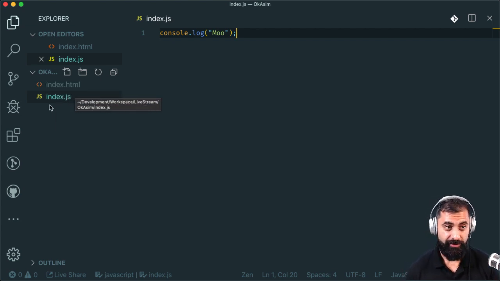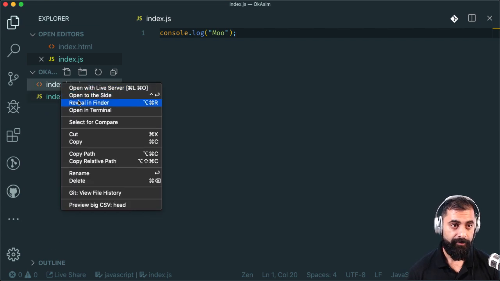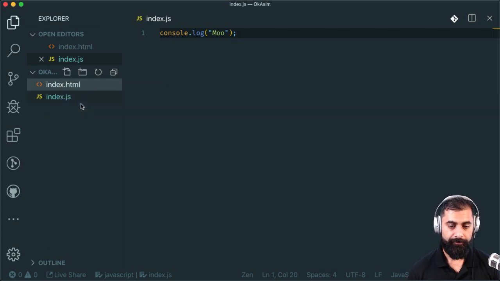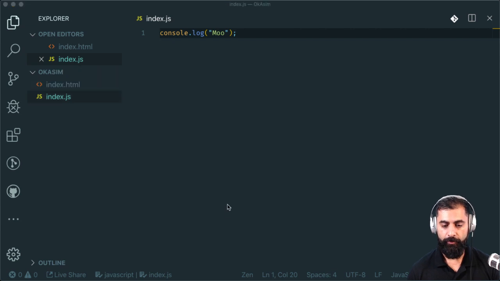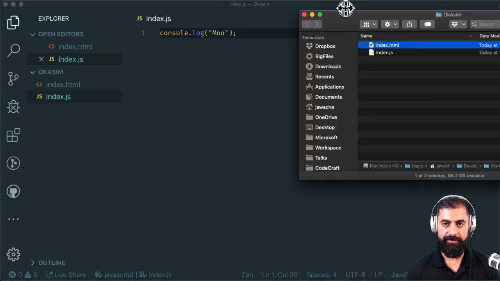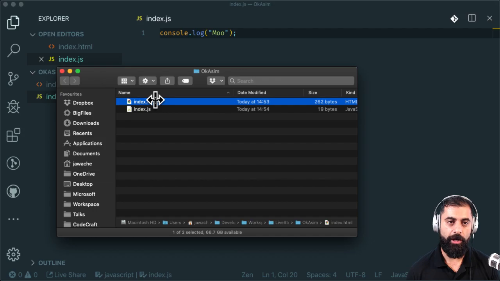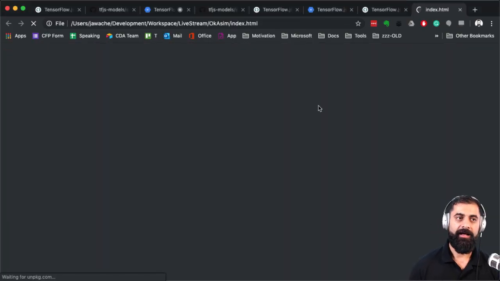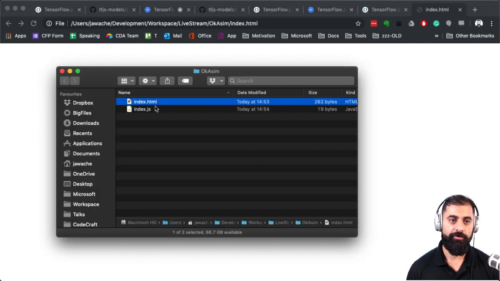just open this up in whatever, I forgot what you call this, Finder or whatever, and just double clicking this. That technically does work, right? But it's going to give you issues, because it's loading a file. What you really want to do is load this up using a web server.